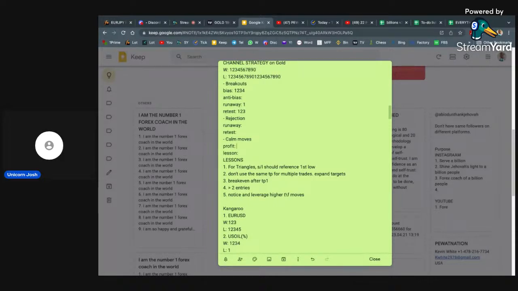So if I have a very good ratio of the calm moves going into profit, then I will just leave it. But if I have way more going into loss, when they don't impulse, when they don't move with enthusiasm, then there's no point. I'm just going to close those trades in profit when they are moving calmly, knowing that the tendency for them to go into a loss is higher than the tendency for them to go into profit. So good point.